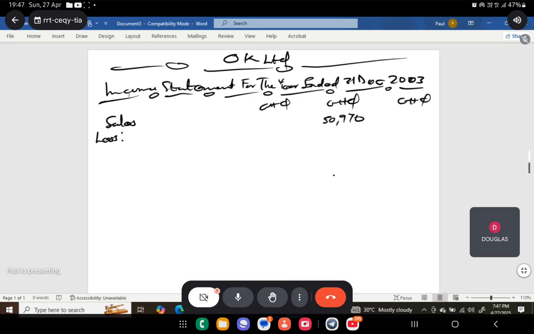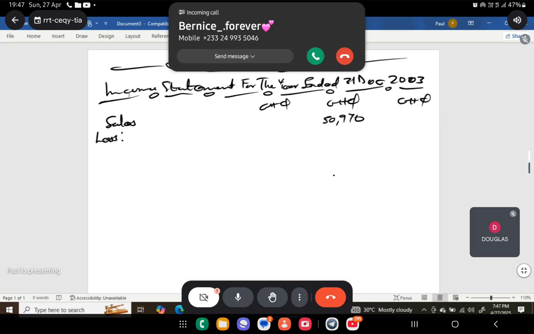So the sales is the money you got from whatever you sell. And that thing should be your ordinary course of business. So if OK is selling laptops, this amount of money is the money he generated from selling laptops. That's the 50,970. Now, returns inwards should be subtracted because